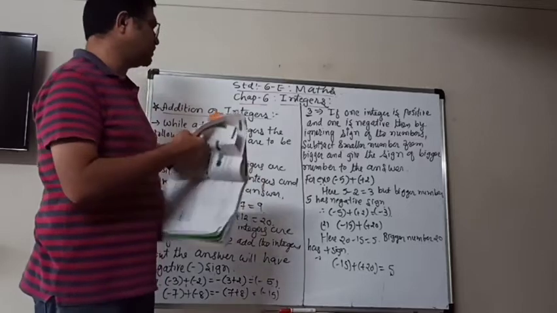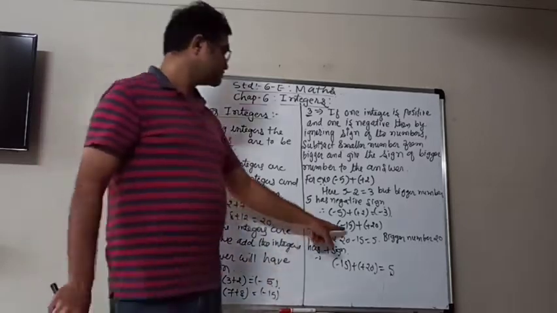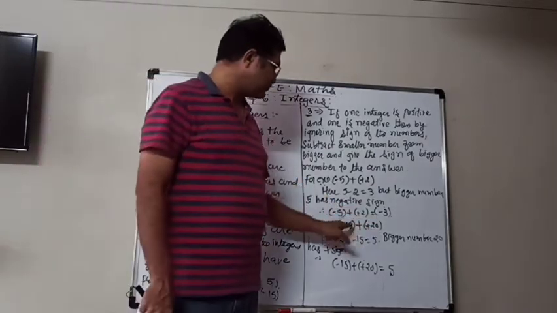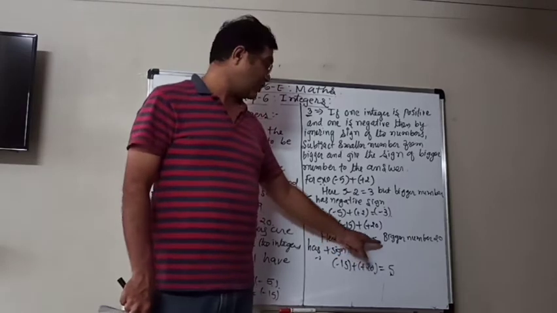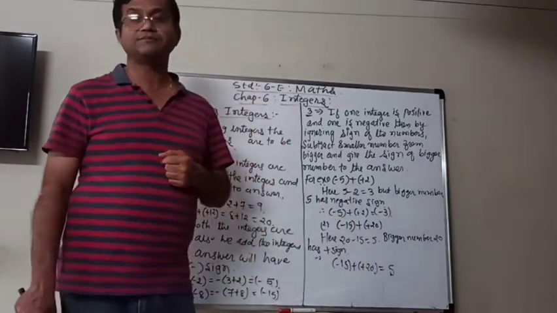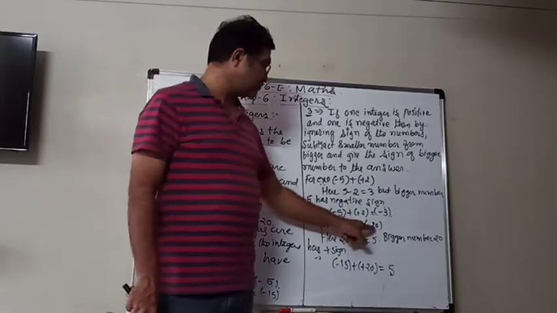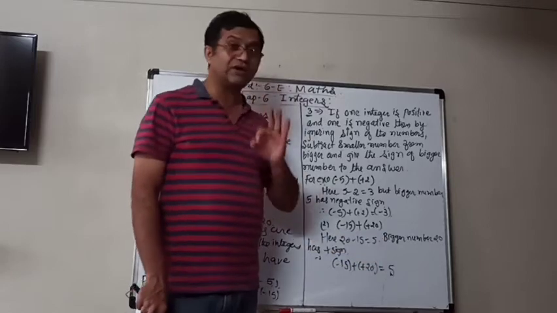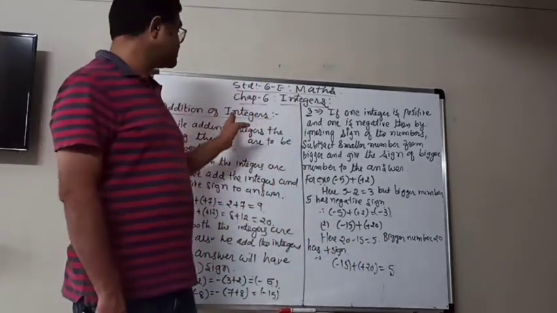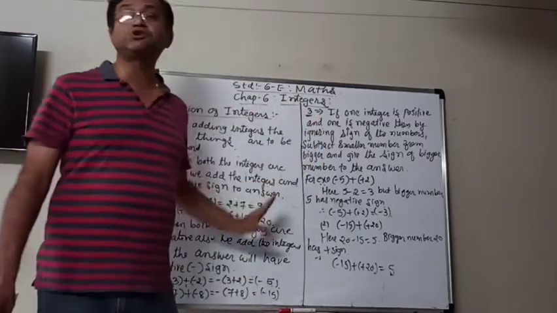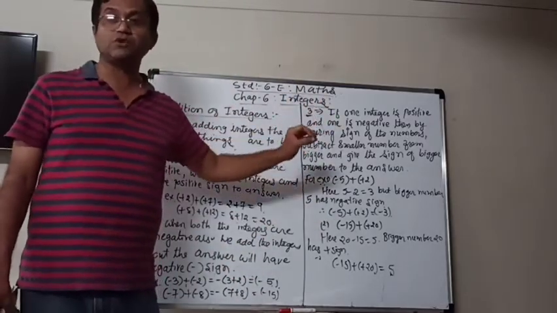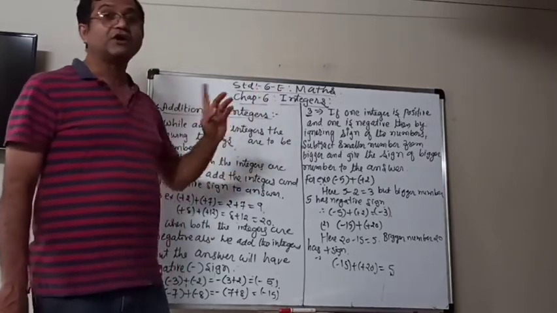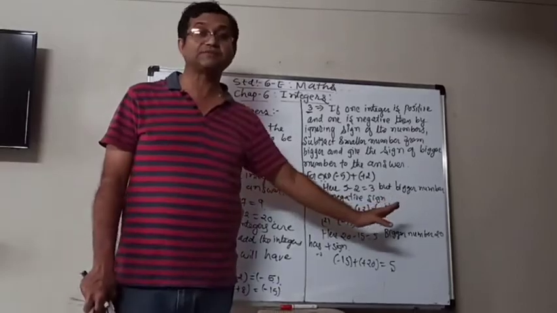Similarly, look at the other, minus 15 plus 20. So here 20 minus 15 is 5. Now among the 20 and 15, which is the greater number? Obviously 20, and 20 has a positive sign. So the answer will be 5. So here, as I told you, points number 2 and 3 are very, very important. If you follow them, then you won't make any mistake.